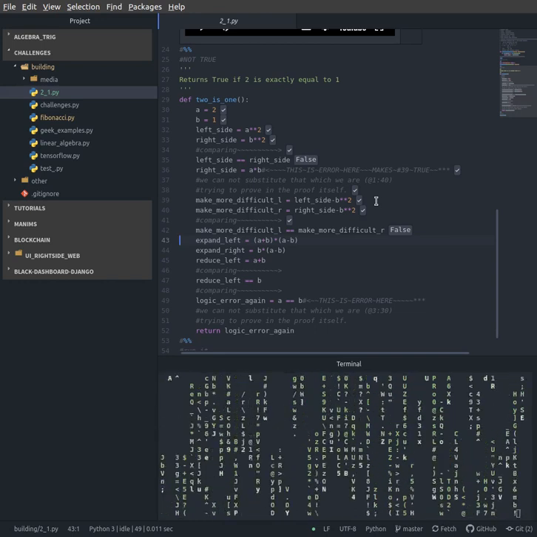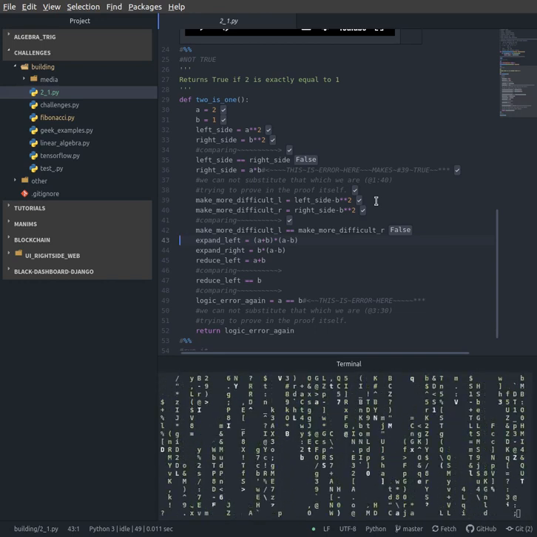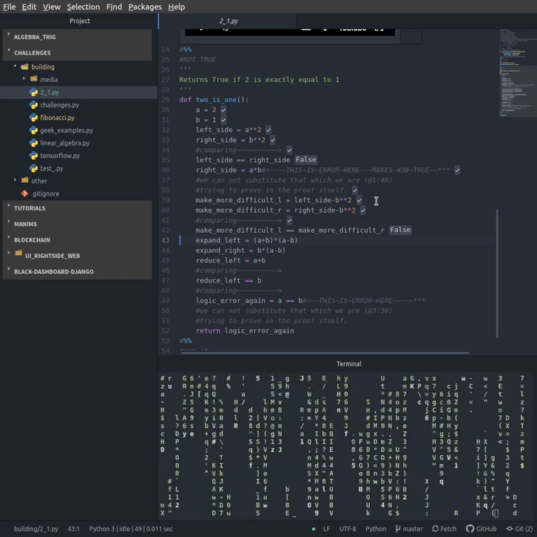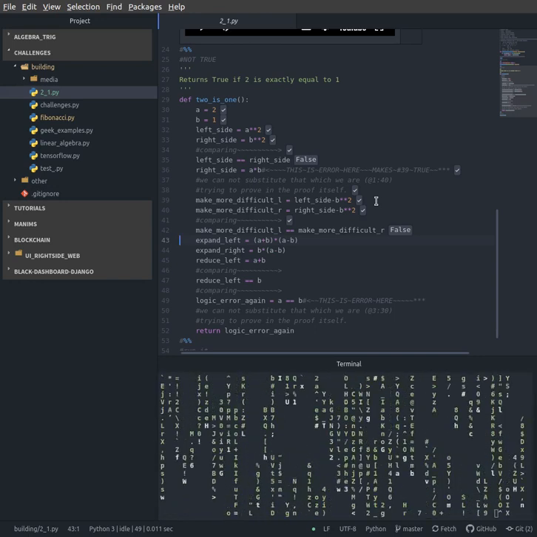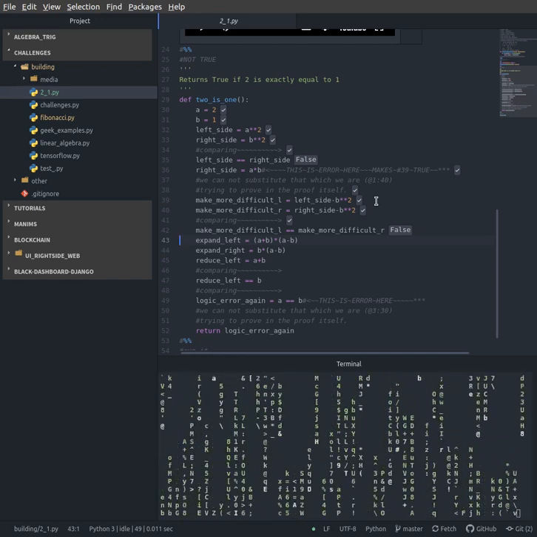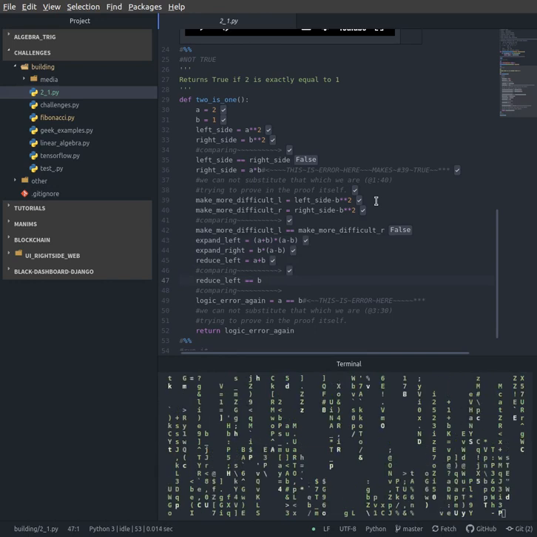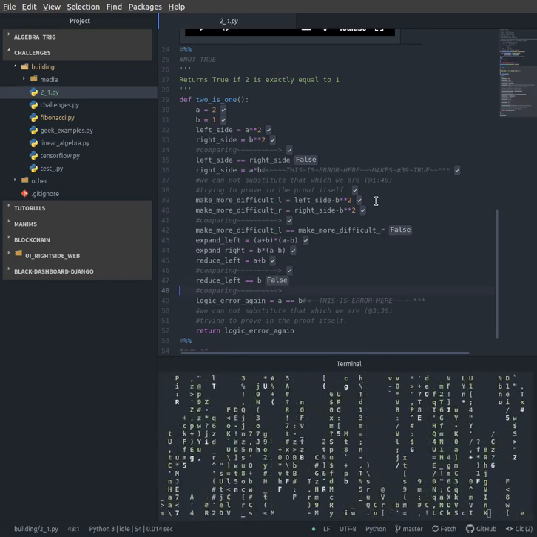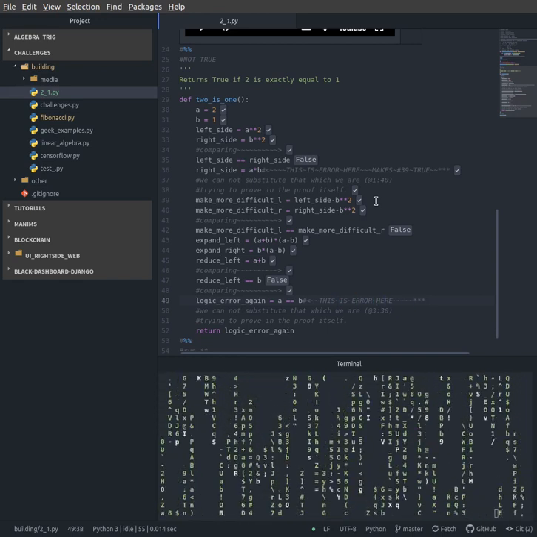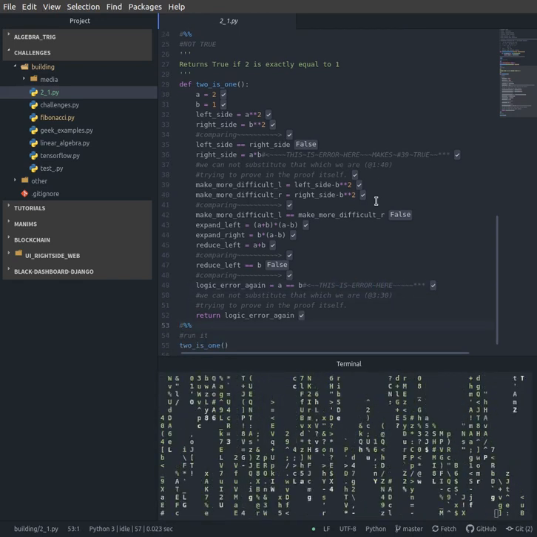And then he reduced it to the left side, because there was an A minus B on both sides, so we could remove it now from that. So we reduce left now, and then we compare that again to the B, because that's what's left. And let's go ahead and see what. Of course, it's false. But then what we did here was another error that he made that made it true. Send back true,